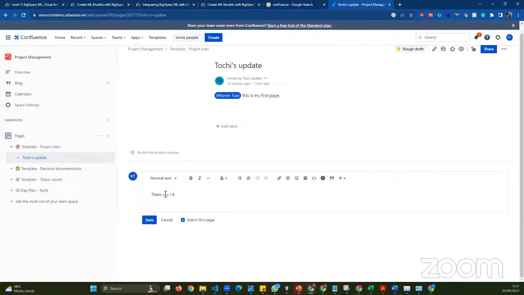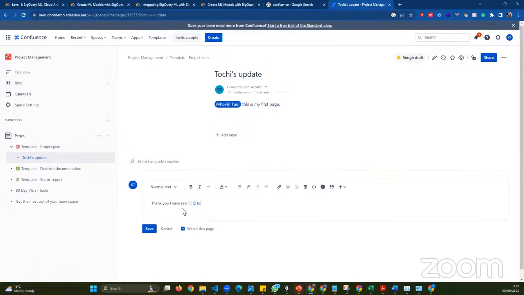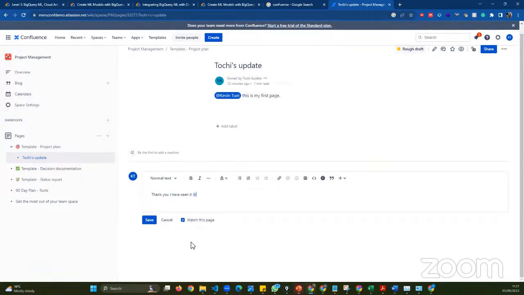I have seen it, Rochi. These are just examples of us trying to see. Needed to tag you. So the moment I comment, you'll see by default it ticks that I'll watch the page. That means anything that will be happening or be different, I'll be able to